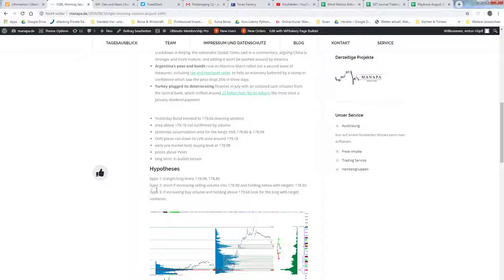Hypo 2, short, if increasing volume, selling volume of course, into the 178.98 and holding below with targets 178.80, and looking for targets of course before reaching low volume nodes and other technical marks, but this will be our second or third target then for more contracts trading. And hypo 3, I say